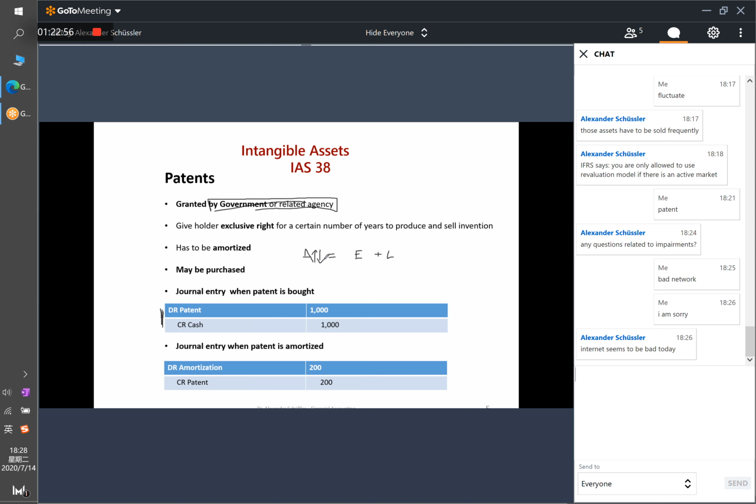Patent is an asset, cash is an asset. When you later amortize the patent,